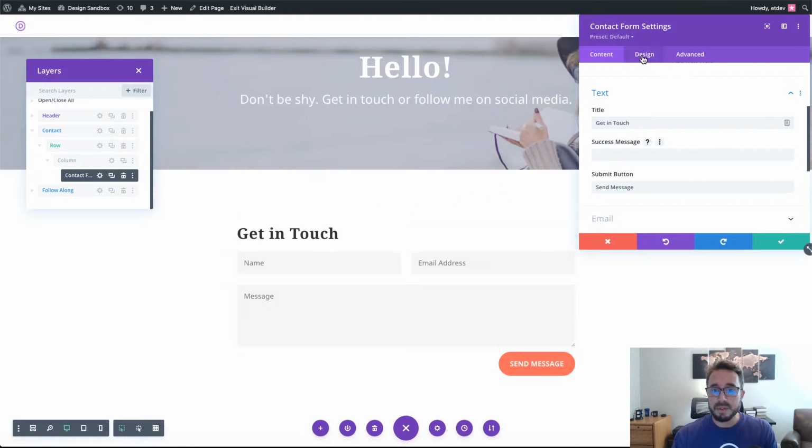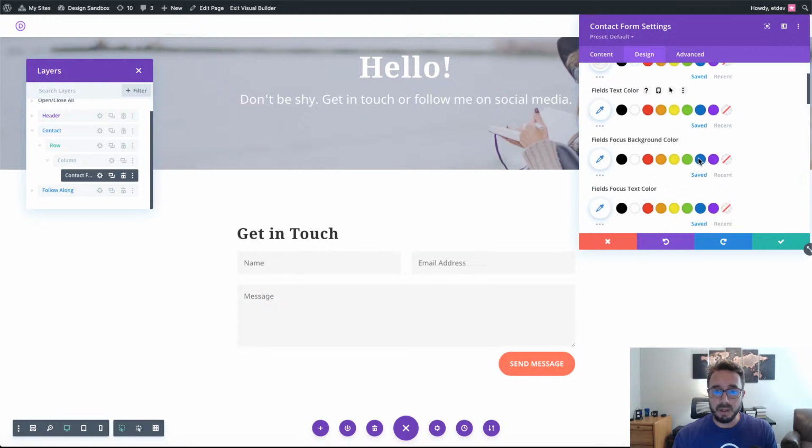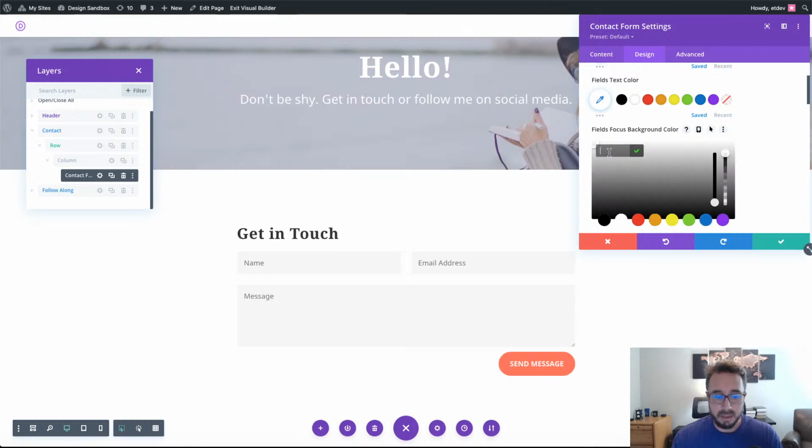And I'm going to go over to my design tab, and just like I previewed earlier, let's go ahead and add a focus background color. It's going to be one of those RGBA colors with some transparency behind it. So focus field background color, I'm going to make it this kind of like